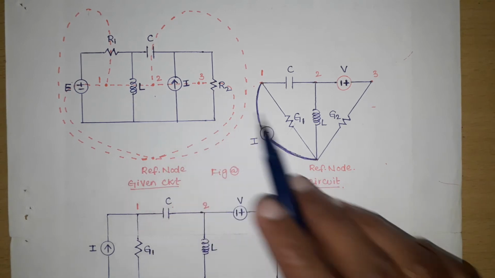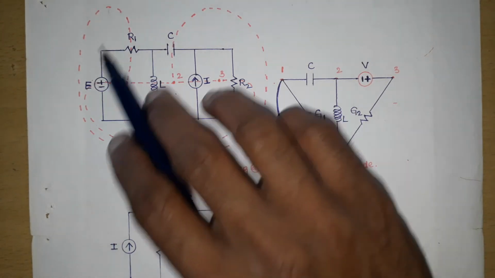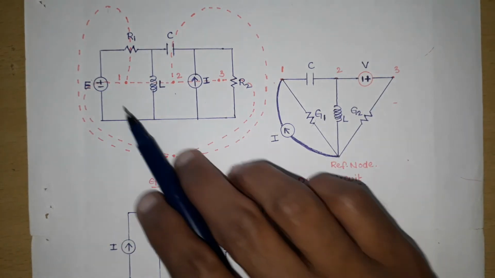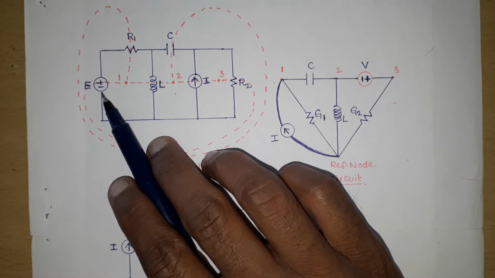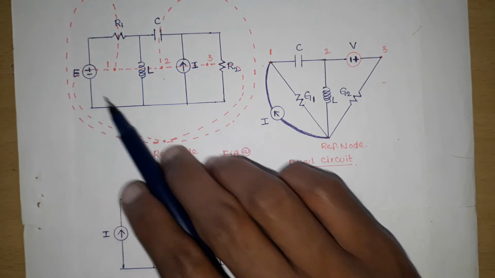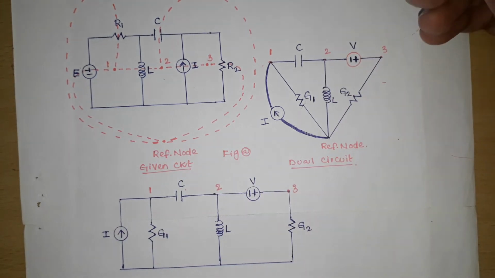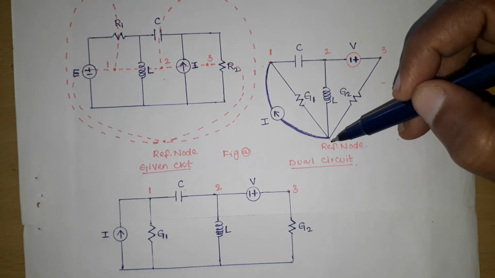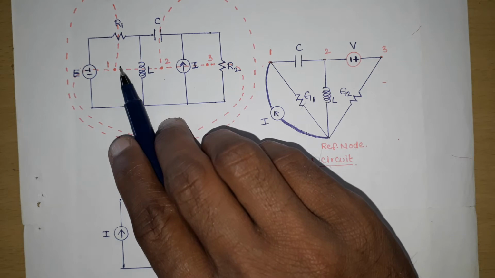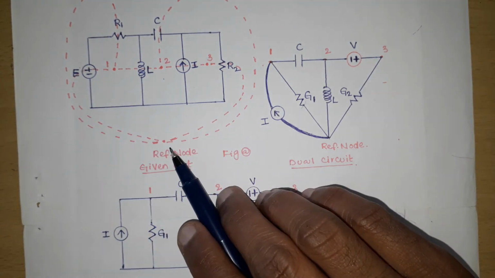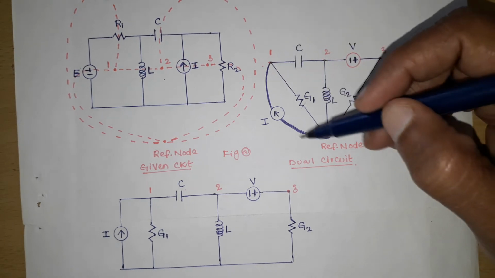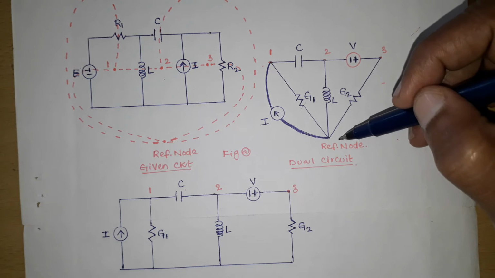After finishing these mutual elements, now we have to focus on the remaining elements. So join dot 1 to the reference dot with a dotted line crossing voltage source E. Now we have to take the dual element of the voltage source, that is a current source. We have to connect that current source in between node 1 and reference. So that is the current source. And here positive polarity is towards dot 1 and negative polarity is towards the reference node. So the arrow should be towards the first node and the tail should be towards the reference node.